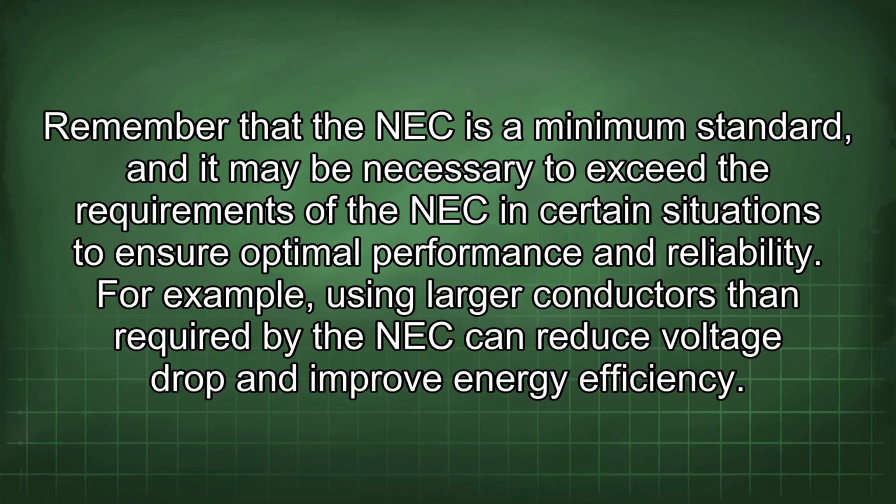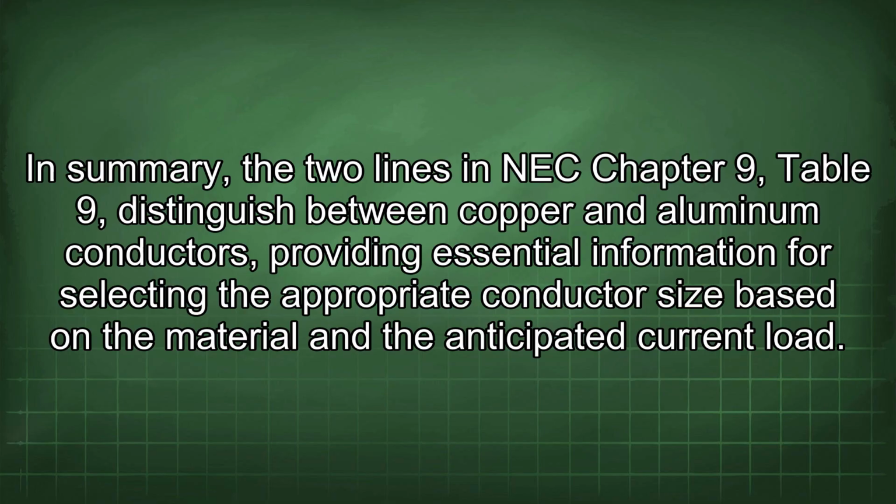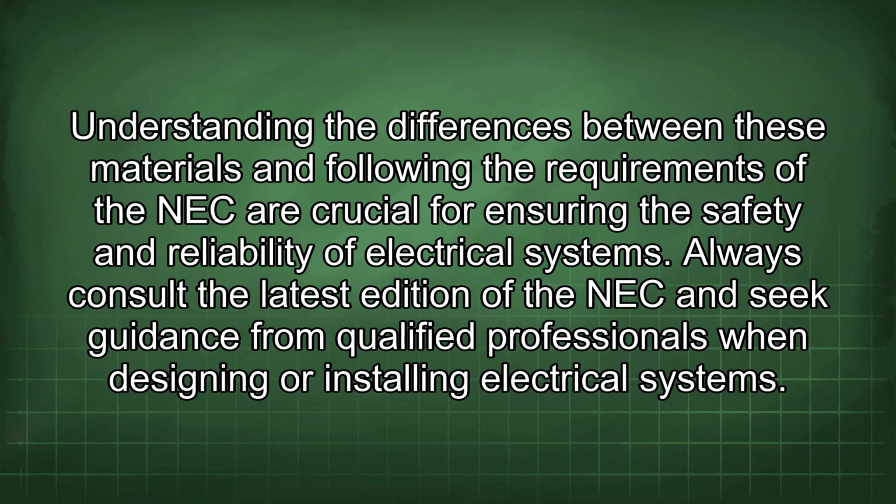For example, using larger conductors than required by the NEC can reduce voltage drop and improve energy efficiency. In summary, the two lines in NEC Chapter 9, Table 9, distinguish between copper and aluminum conductors, providing essential information for selecting the appropriate conductor size based on the material and the anticipated current load. Understanding the differences between these materials and following the requirements of the NEC are crucial for ensuring the safety and